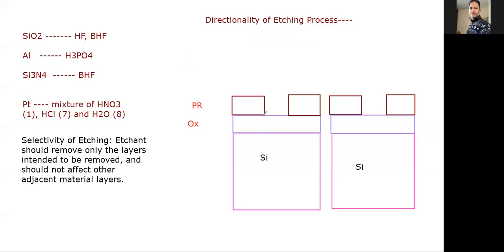You will find that this becomes etched like this. And why is etching happening like this? This etching is happening like this because